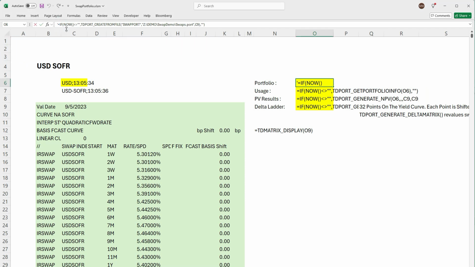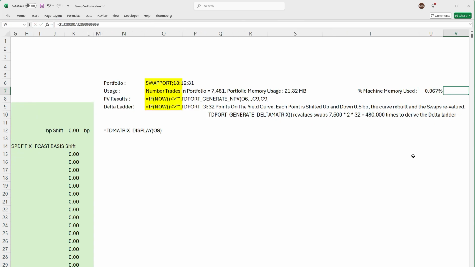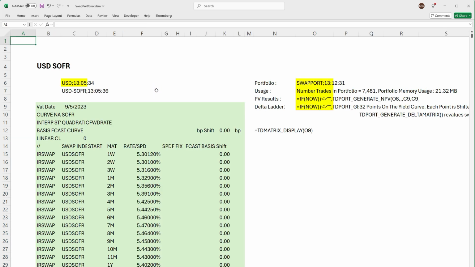In this example, we configured a portfolio of 7,500 interest rate swaps with maturities varying from 2 years to 30 years. The function quickly loads the trades in the portfolio by using multiple CPU cores. Once the portfolio is loaded, we call the tdport getPortfolioInfo function to return some basic details about the portfolio just loaded. The function returns a string flagging the portfolio contains 7,500 swaps and the memory used to store the portfolio